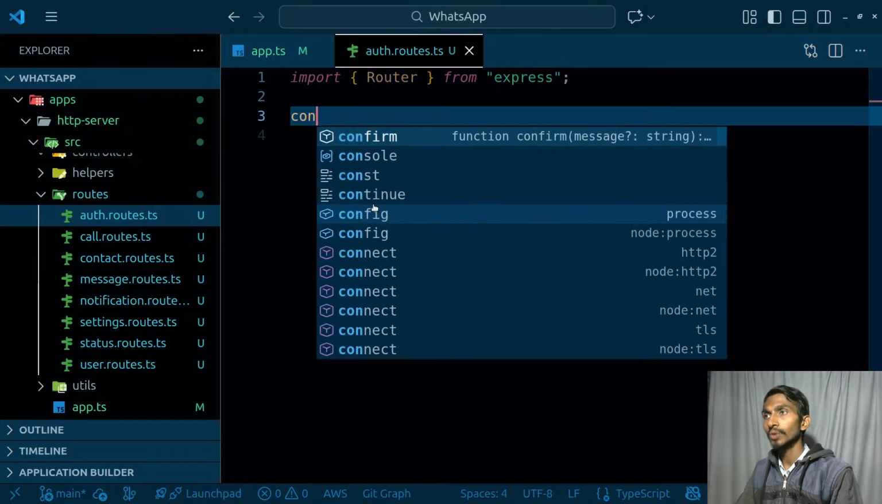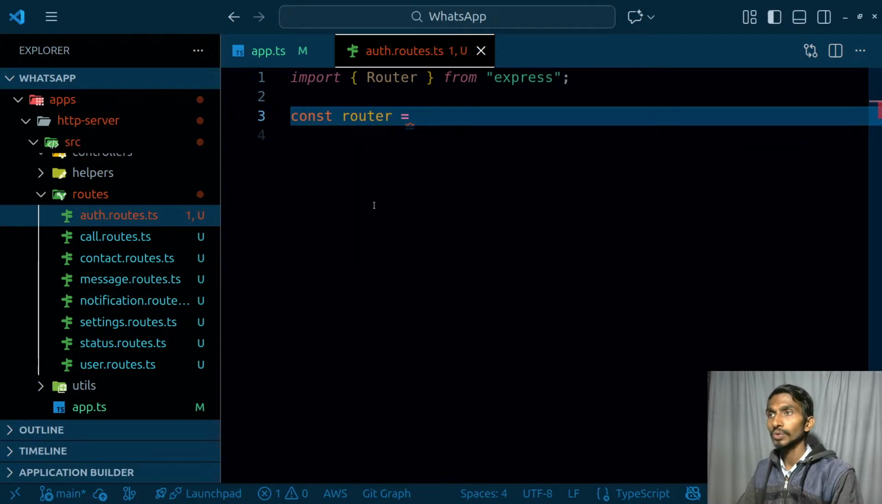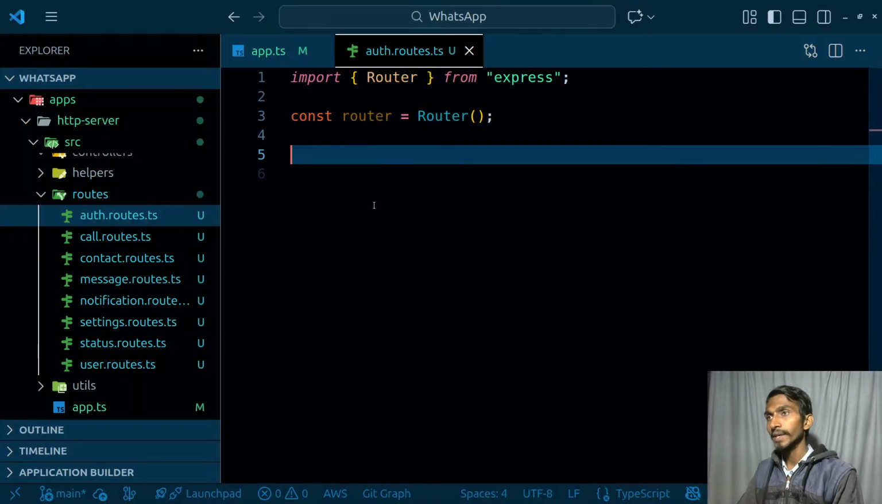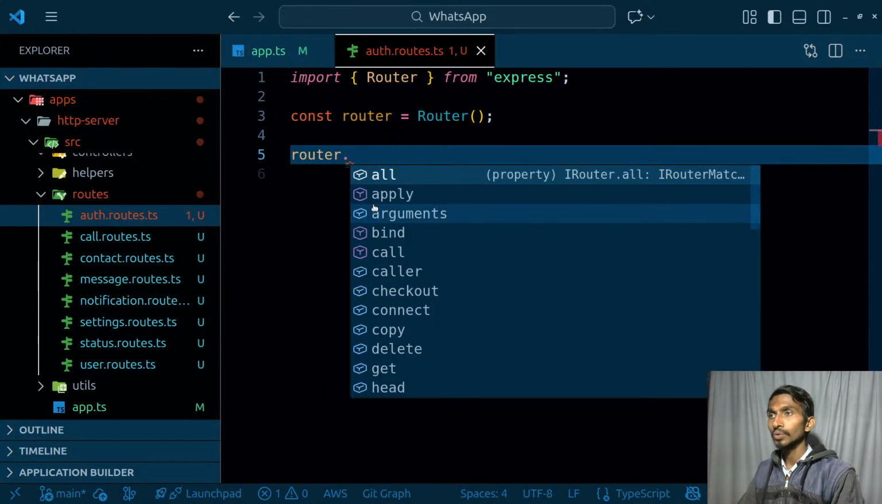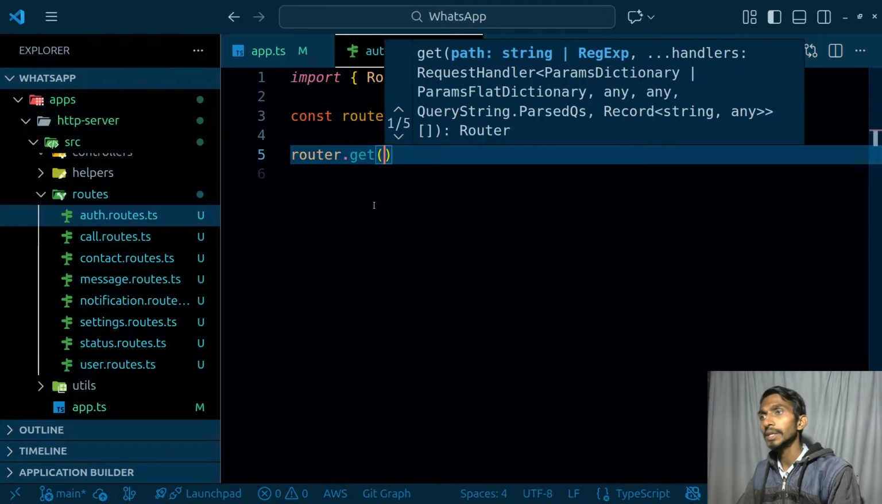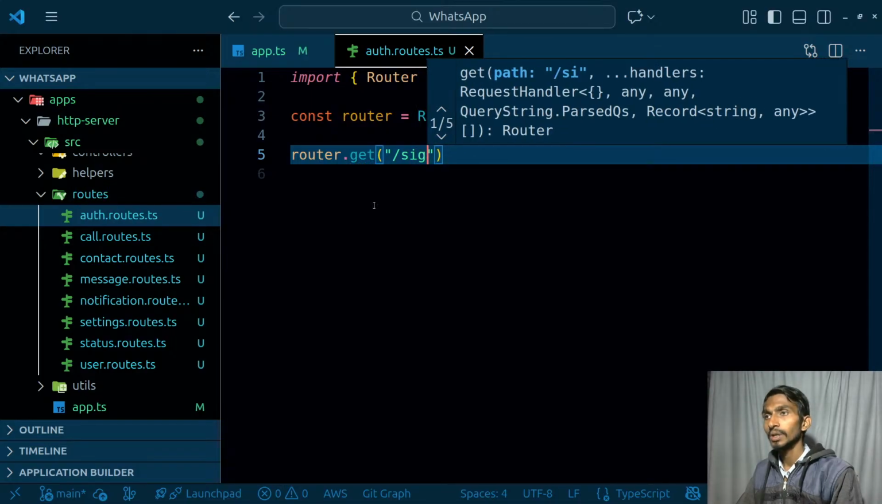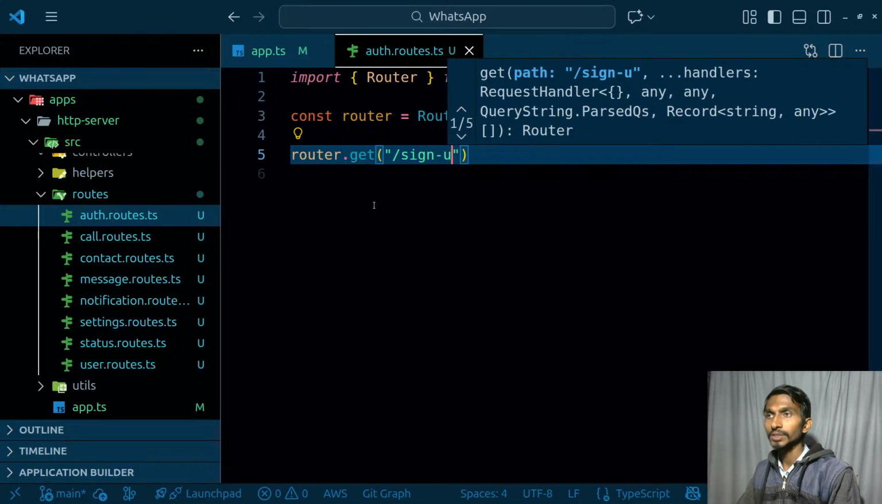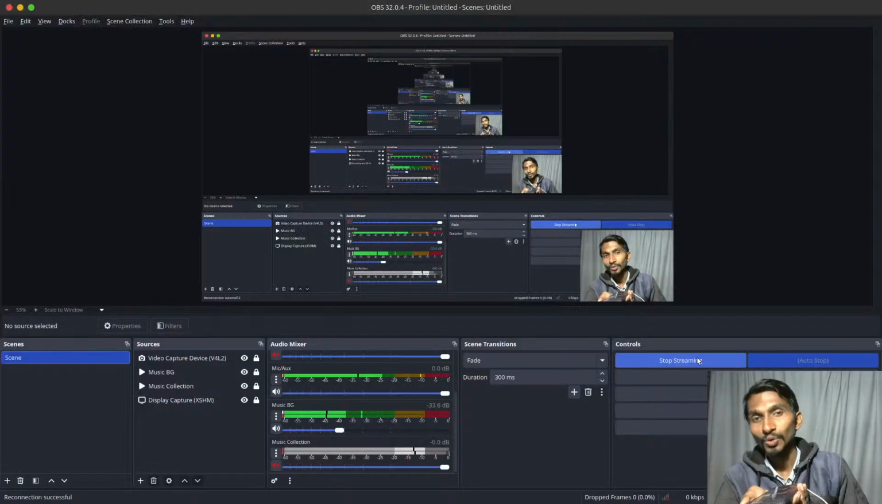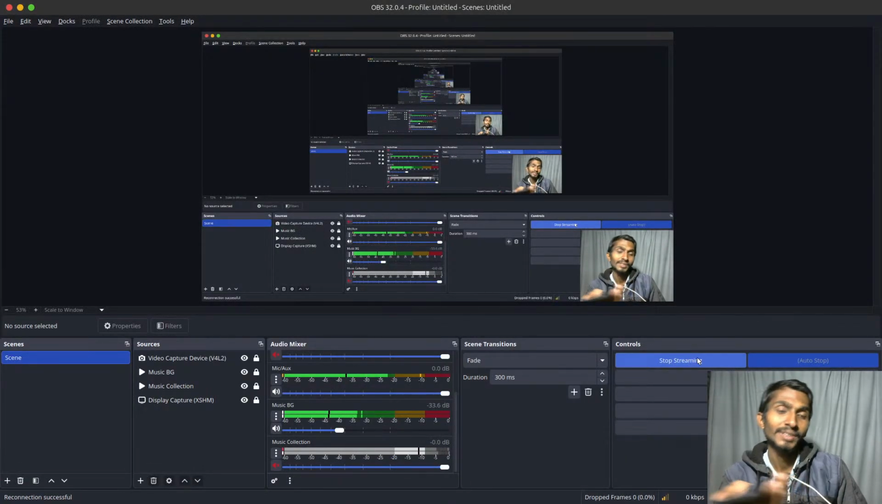Once I have the router, const router is going to be equal to, do I need to do it like this? Router is going to be equal to Router(), just like this. And once I have this much over here, then router dot, I can directly use get over here, and that's going to be sign up, just like this. And over here I will have a controller. Just a sec, there is some kind of work, so I